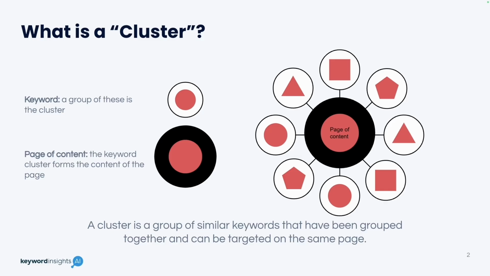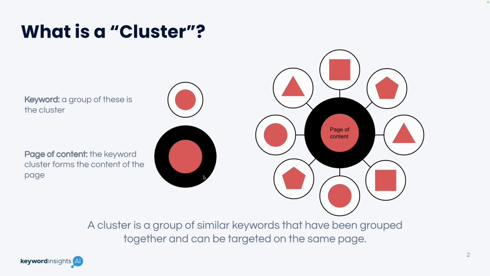In this video, we're going to go over what a topical cluster is and how that relates to becoming a topical authority. So in a previous video, we went over what a cluster is, or a keyword cluster. As a quick refresher, it's where a group of similar keywords have been grouped together that forms a page of content. So all these keywords are slightly different, but mean the same thing and can be clustered together and targeted